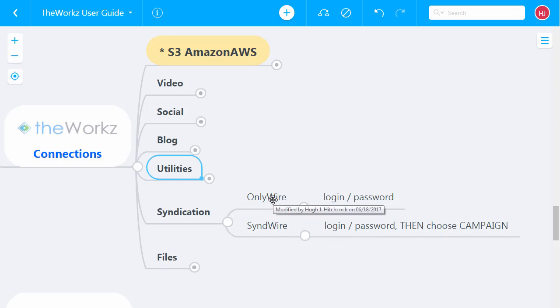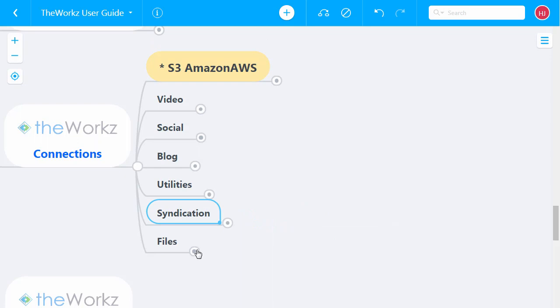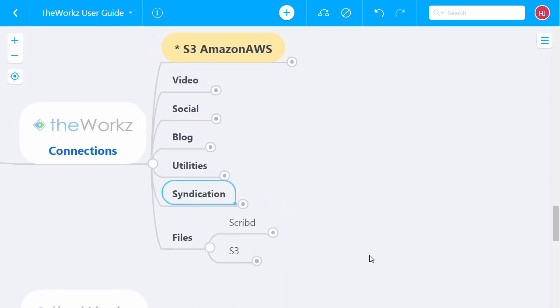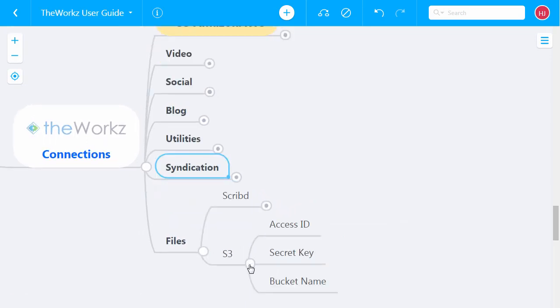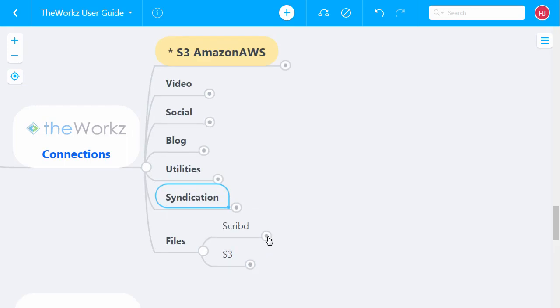Then we have files right now, and of course I already went over S3, what you need for that. We also have access to Scribd, which is a very cool PDF uploading API. So the system will, if you choose, one of what we call the syndication mapping channels will be to create a PDF of whatever the source content is and then upload it to your account on Scribd.